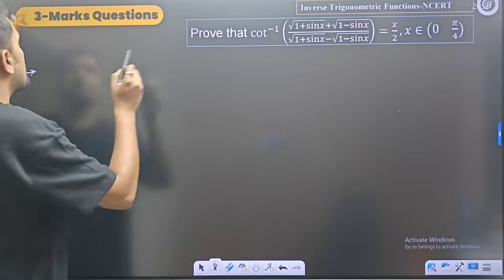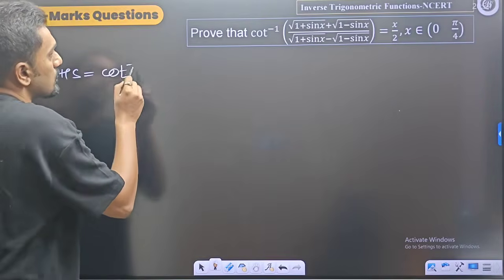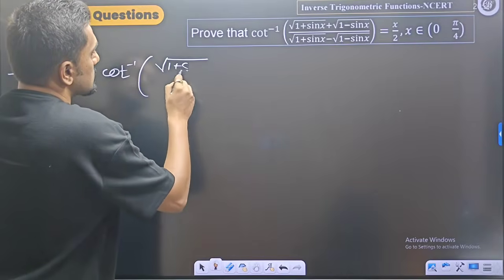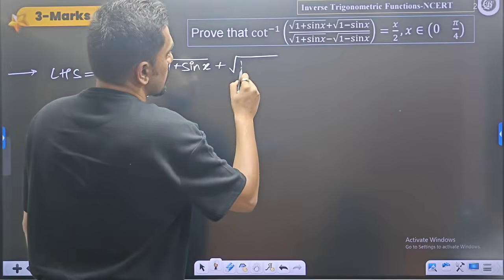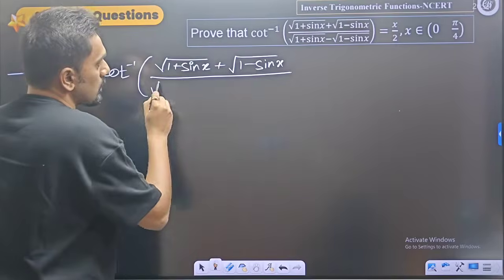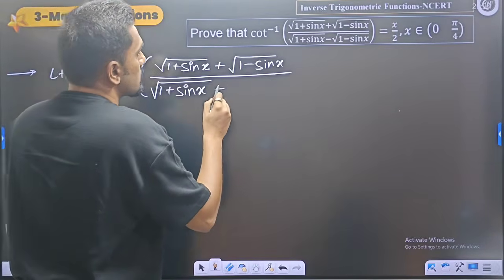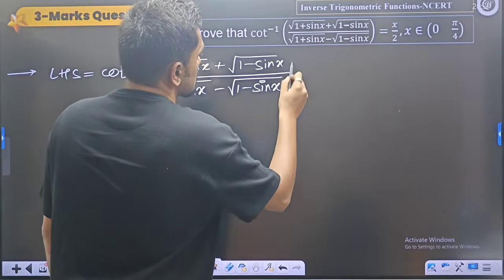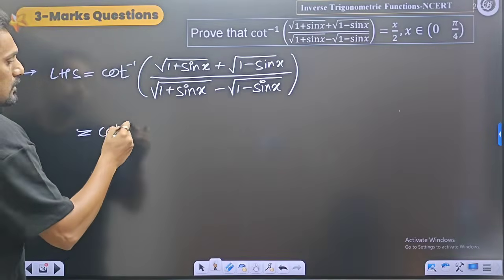So what I need to prove is LHS equals to cot inverse of root of 1 plus sin x plus root of 1 minus sin x divided by root of 1 plus sin x minus root of 1 minus sin x, cot inverse of